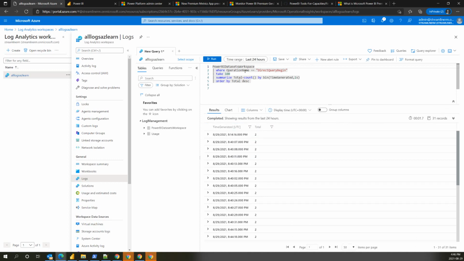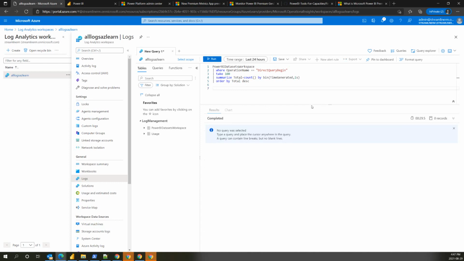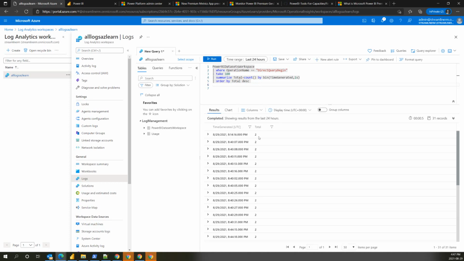This query is saying how many DirectQuery events are being generated by Power BI, and then it bins them by timestamp within 1 second. So within 1 second, it shows me how many direct queries are generated, and I can see that the maximum it is generating is 2. In my customer scenario, we saw that when it was more, it was getting close to P1 capacity, and then they decided to go with P2 capacity because that was giving the